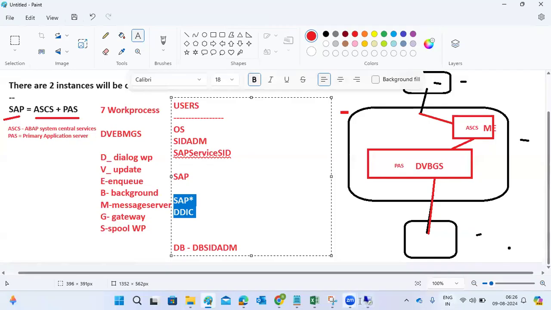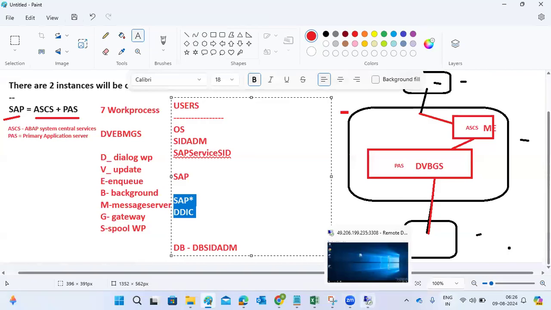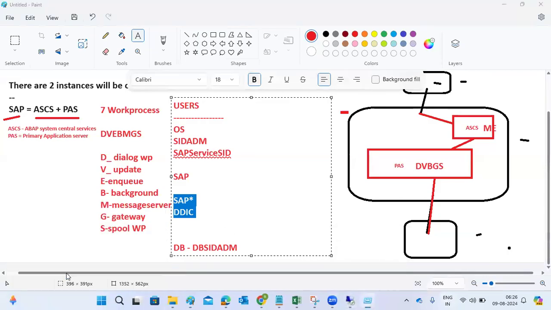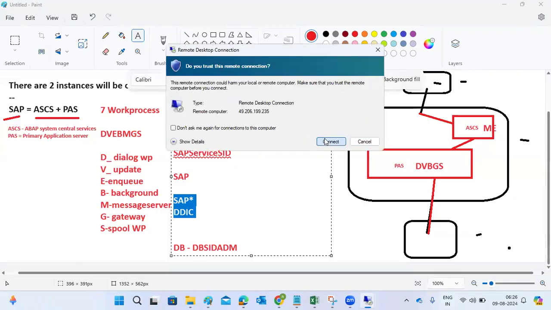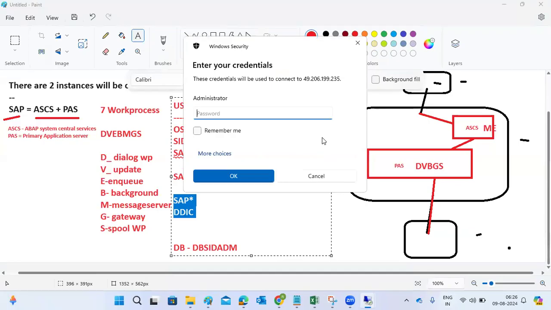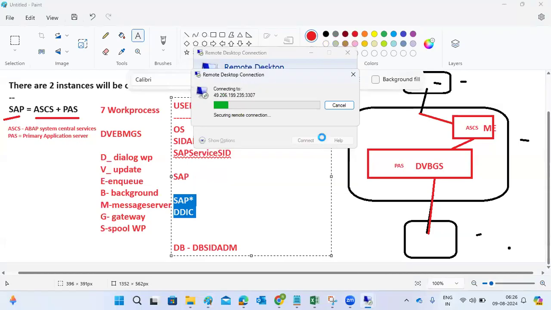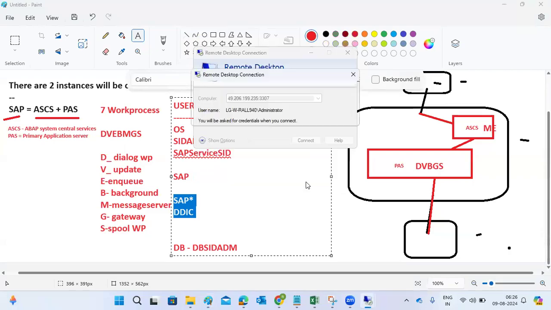So if you see our server, these are getting created in our servers. When you do the installation, these processes are all getting created here, right? If you see here,